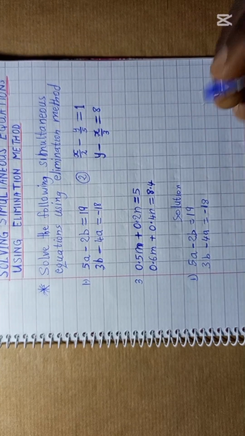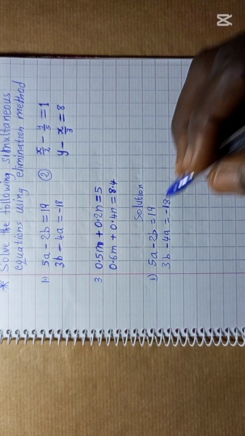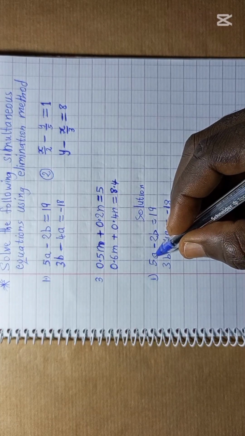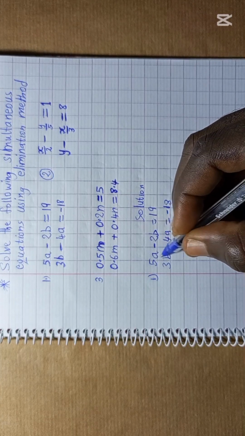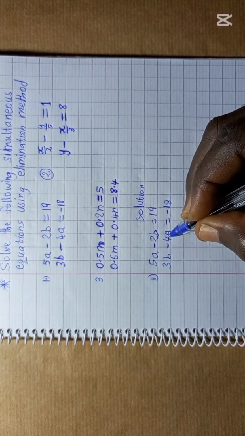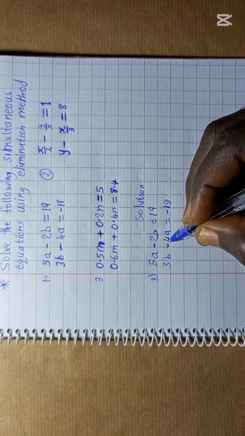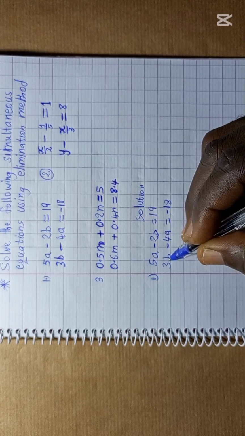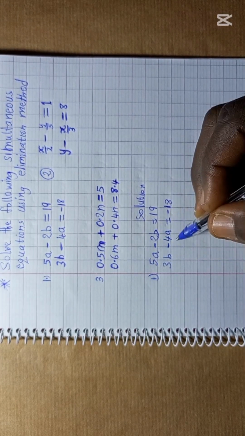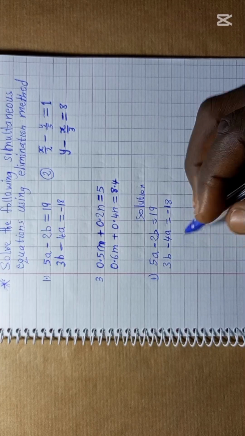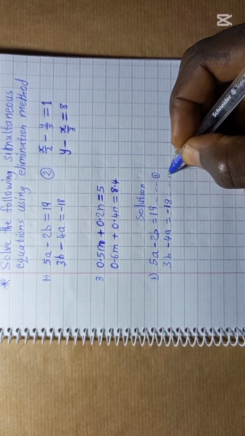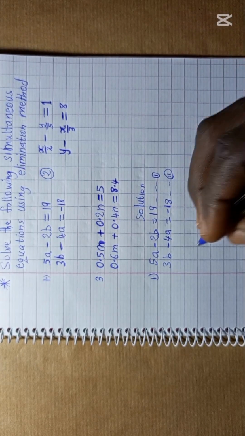Now, since we are using the elimination method, the a and a must rhyme together. So I'm going to move this a now. Minus 4a will come over here, and then 3b will go inside so that the letters will rhyme together because we are using the elimination method. And this is equation 1, equation 2, and then